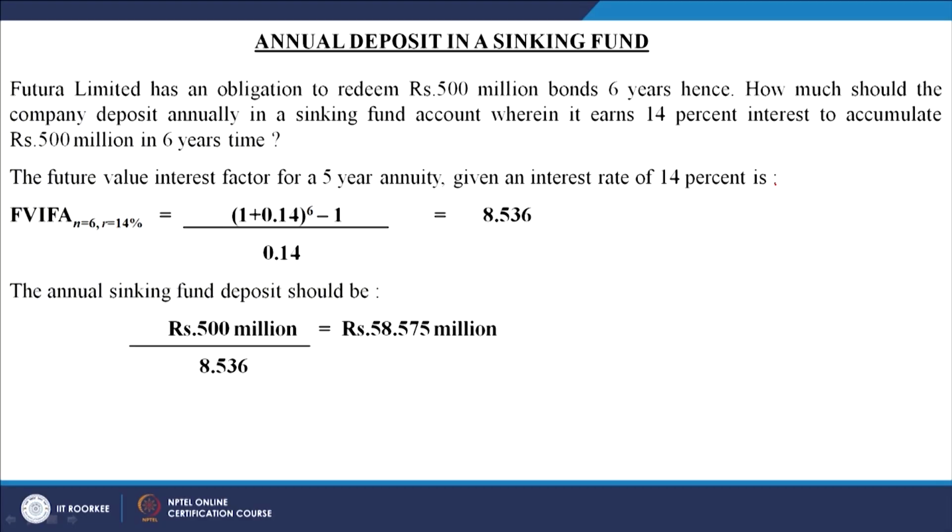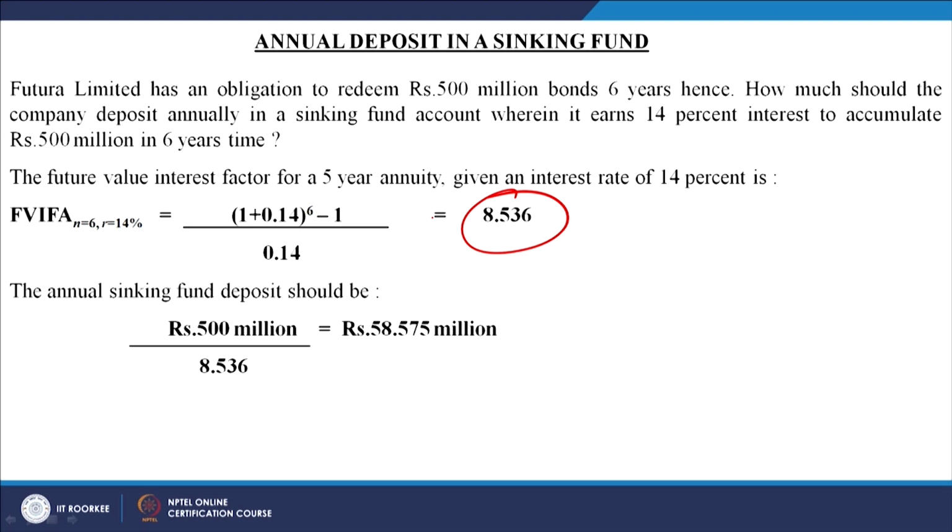So we are going to create the interest factor for a period of 5 years, not for a period of 6 years. So it means when you are going to create this annuity for 5 years, we are going to find out here, that is the future value interest factor, and N is 6 years, R is the 14%, and when you are applying this model here, you are getting a factor here. When you are getting the factor here 8.536, this factor is coming up simply as we did it in the previous problem,